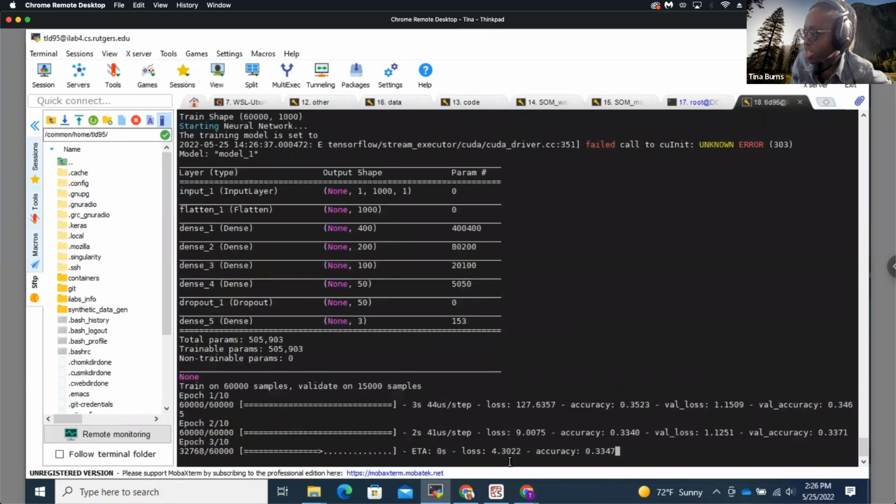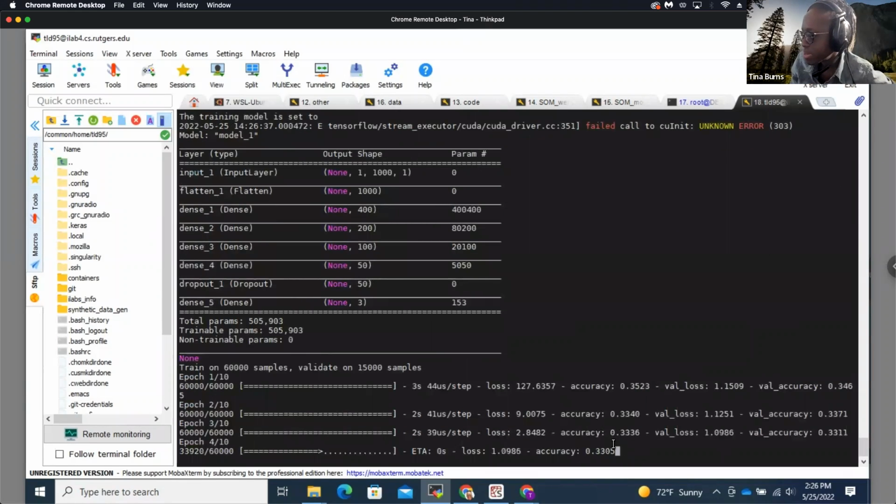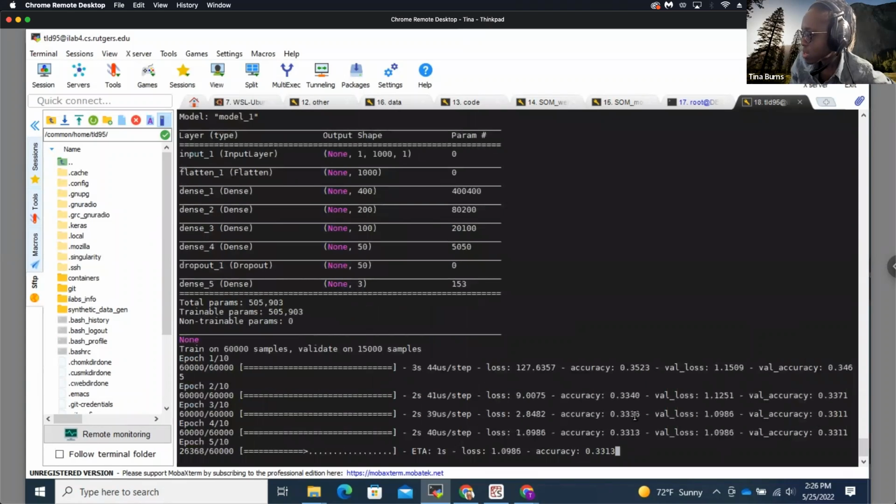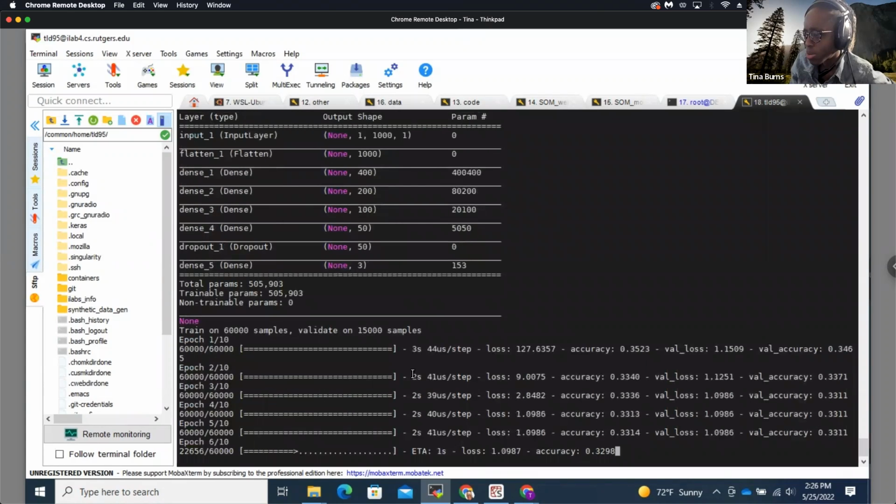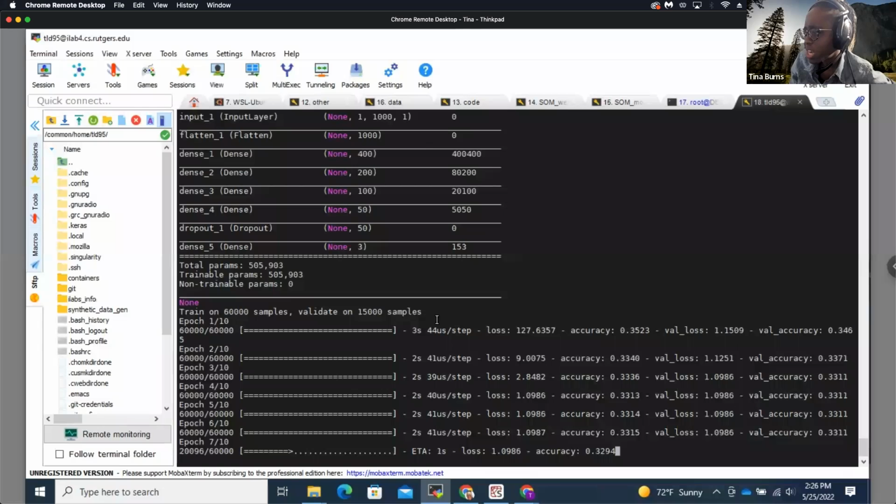But I think you get the idea. I'll figure out why it's so low right now for some reason. I don't know why it's so low. But this is kind of just how to